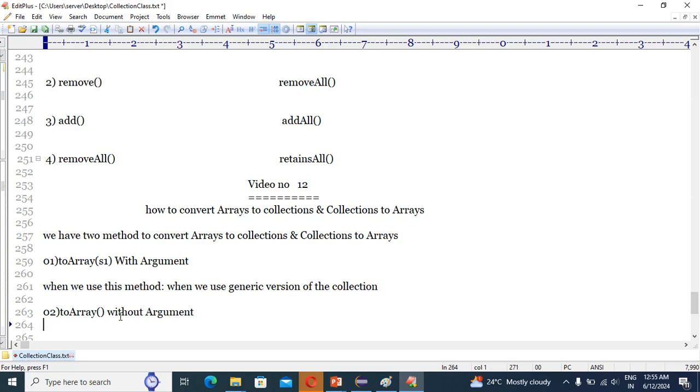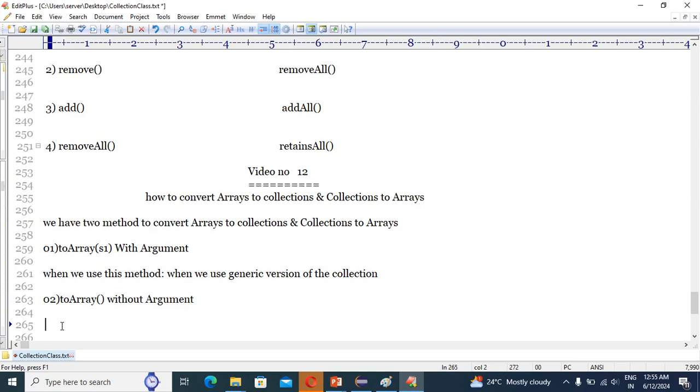When you use this method, guys, when we use the normal version of the collection, right? Yes or no? When you use the normal version of the collection,